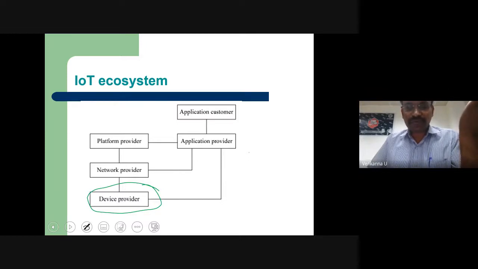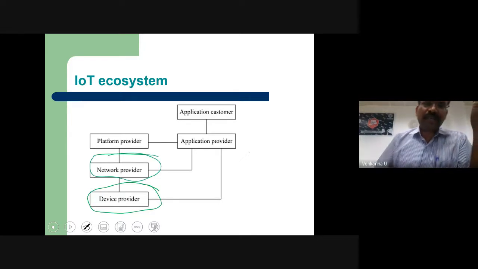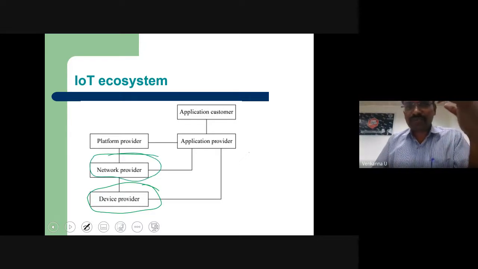That is called a device provider. Once you provide a device, it should communicate to the outside world. That's why someone is supposed to make the network, and in some communication protocols, someone needs to drive communication to the outside world. It means the network provider is also important.